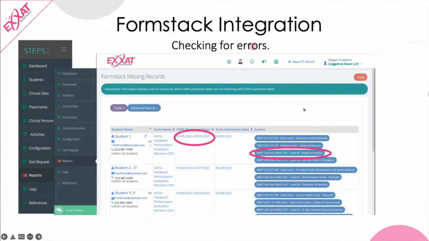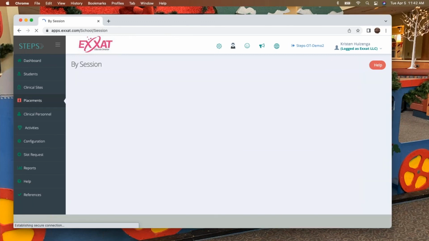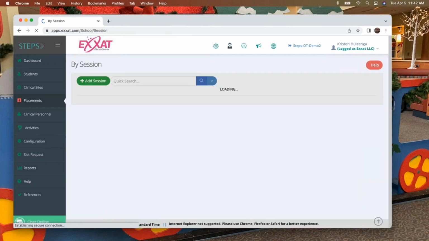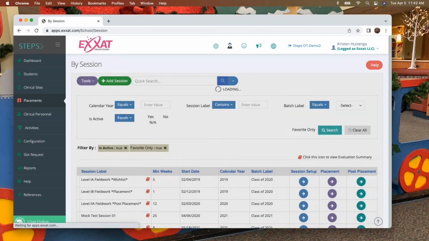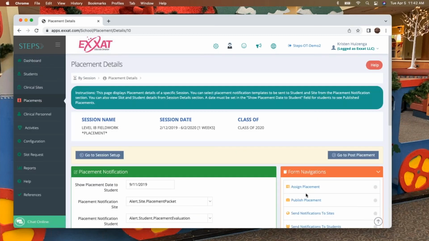I was just going to make a note, like a note in there. Yeah, there are actually a few different ways to edit them. Session notes, okay, cool. When they are placed, you can go, and I'll show you both for a new placement as well as an existing one. You'll go to placements by session, and then when you click on the purple placement button in assign placement,